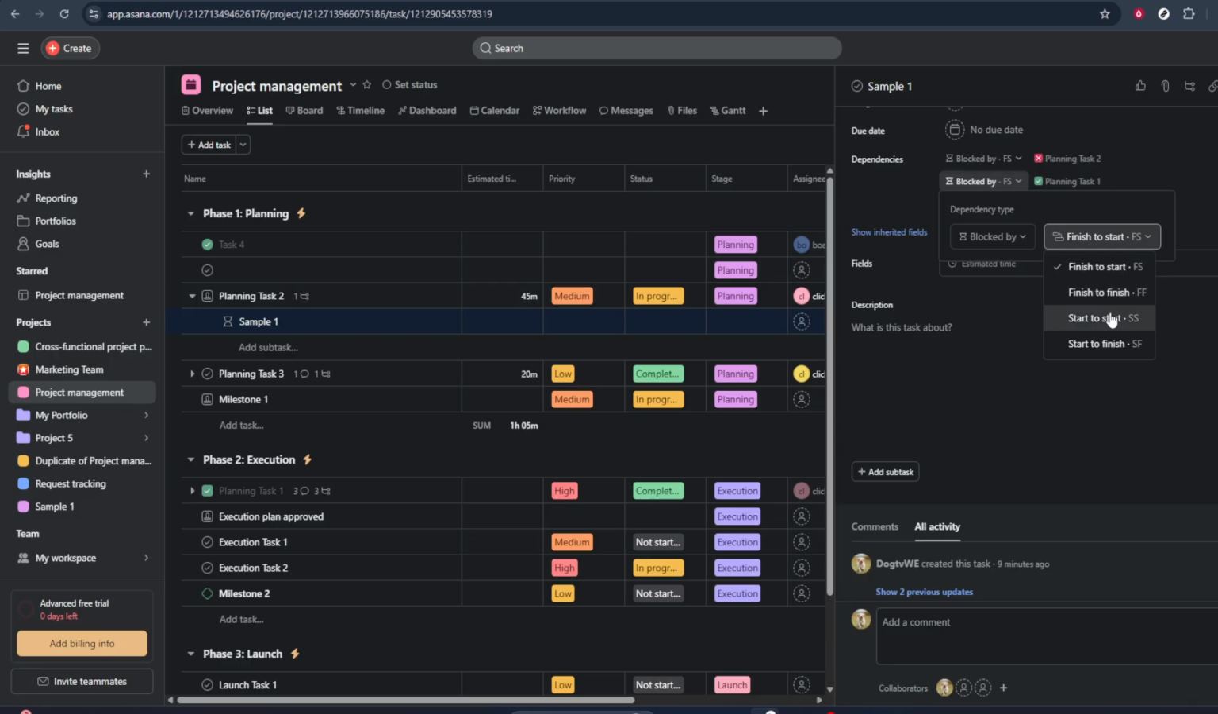That's all you need to do to link tasks in Asana. Open the task, click on Add Dependencies,